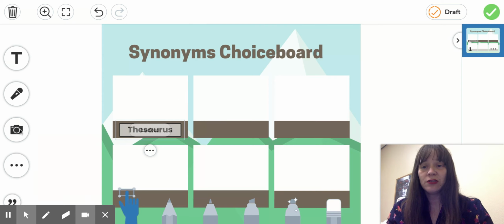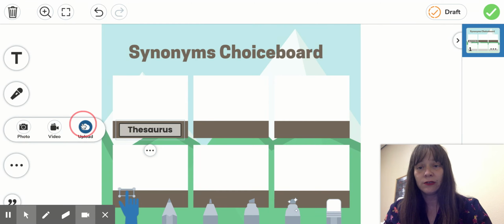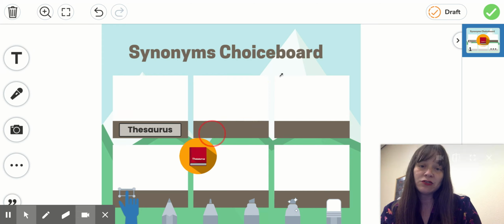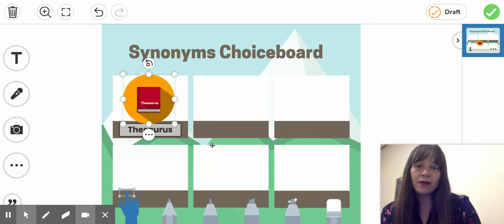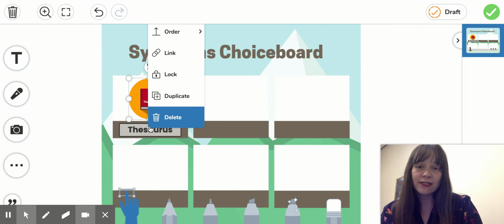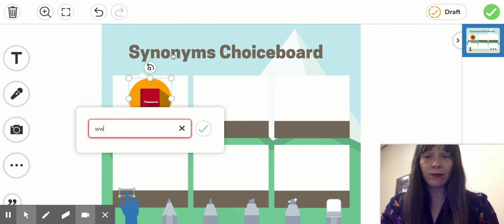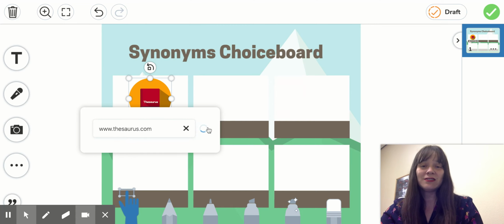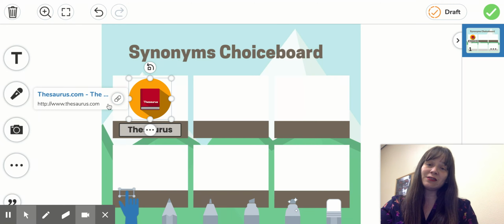For the image, you can also choose to upload something from your computer. Here I am going to choose an image of a thesaurus and save. The image will be placed here, and my student will be able to click on it and go to the thesaurus and find out more about the word they're looking for. I'm going to click on those three dots and add a link. Here I'm going to put www.thesaurus.com,